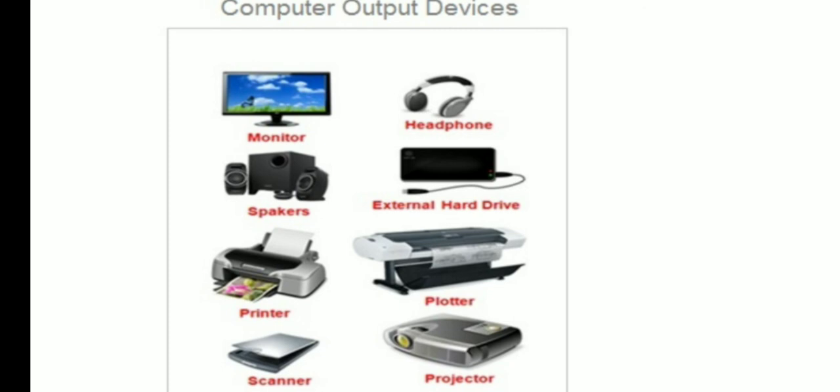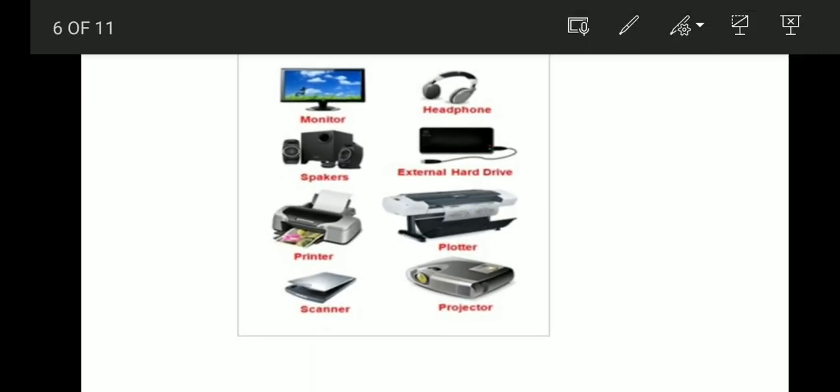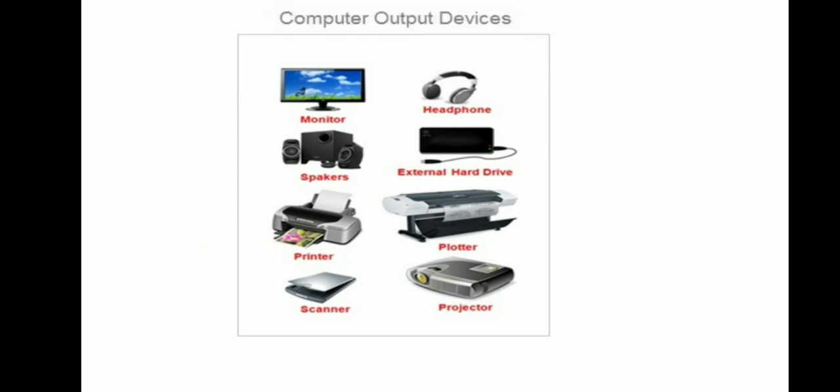Similar to printer, plotter is a machine which is used to take very good quality pictures as a printout. Okay, there are types: drum plotter and flatbed plotter. And projector, which is used to display the content on a large screen. And we have speakers and headphones too. Okay, and in terms of storage devices, we have external hard disk and internal hard disk, CD, DVD, Blu-ray. So these all are under external hardware components.